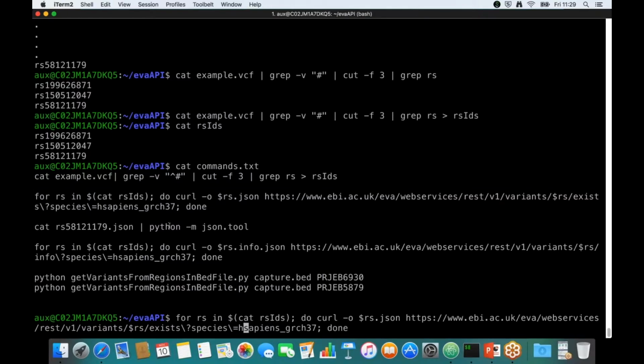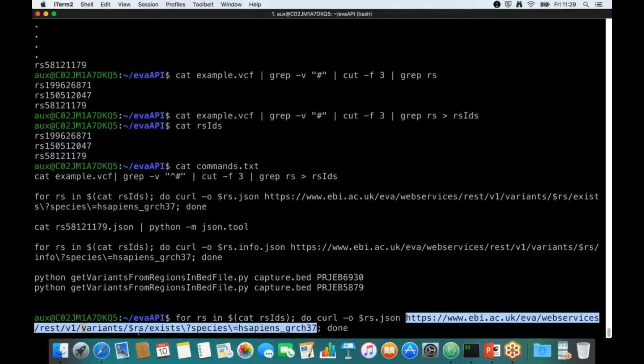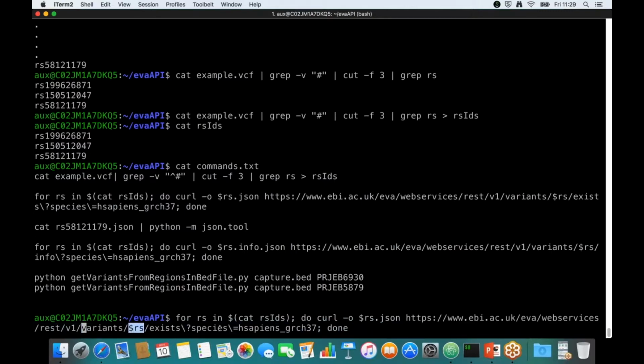This command will go through each RS in the temp file that we just created. We are going to execute the call command to this URL, where RSID will be replaced by each RS in the input file. So we are doing 3 calls here,